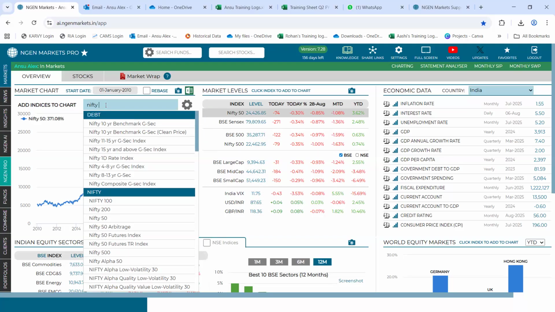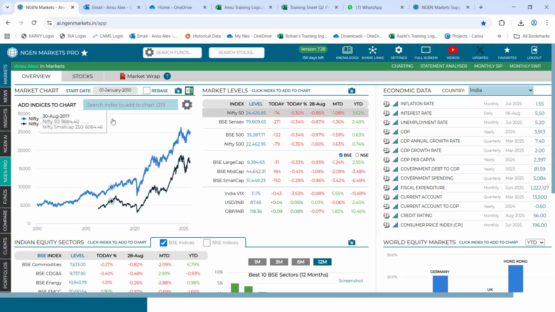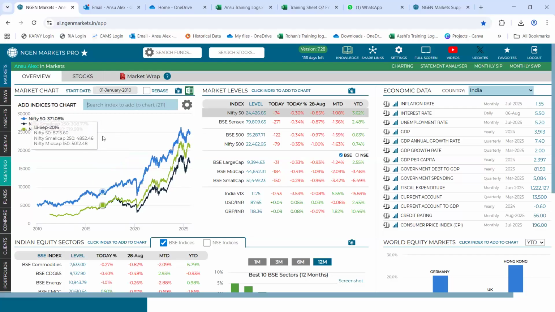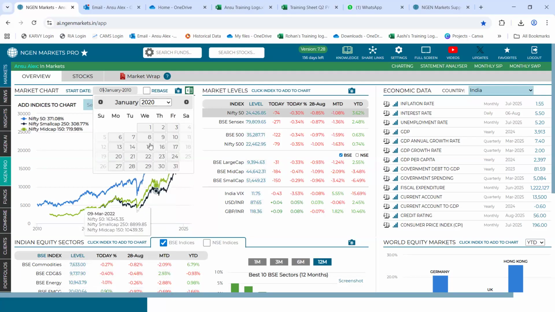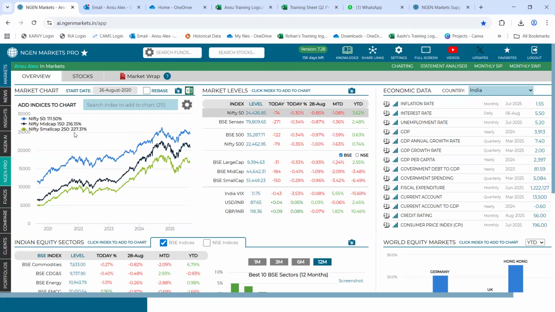So let's say I add a Nifty small cap 250 followed by a Nifty mid cap 150. So 3 indices is what I have added at the moment. Now, right here, you also have an option to set a respective start date as well. The option is available right here. You can click on this gray icon and set a time period of your choice. So let's say I take approximately a 5-year time period. I would select 26th August 2020 is what I have set in,